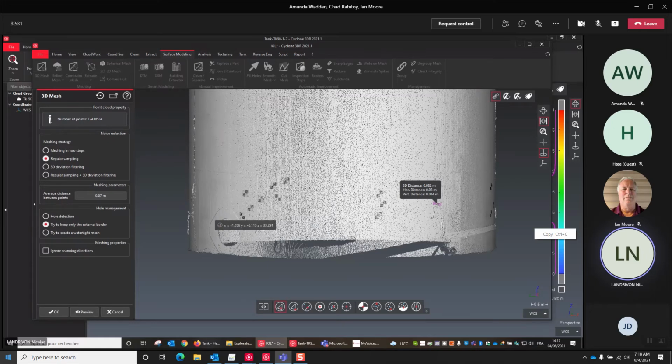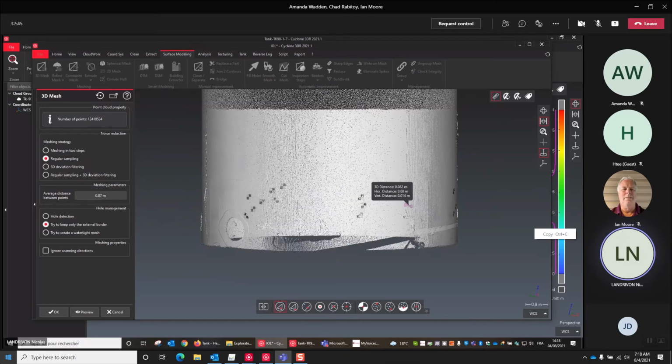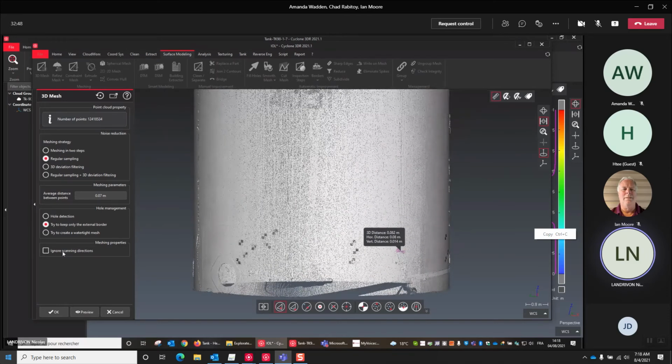You can ignore scanning direction. It could also be interesting to ignore it if there are points which don't show the good direction, in fact, because you can mix it up during the scan, so you can create reverse triangles.